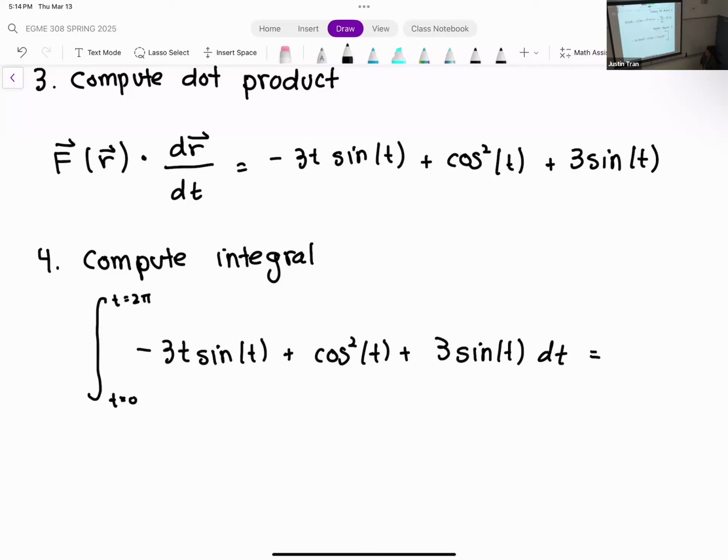It's not the easiest integral to do, so there's a little bit of integration by parts here and maybe some trig identities to kind of help you out. But if you evaluate all those integrals, what you're going to get is 7 pi. So that's the idea of a line integral. Eventually you're going to get a line integral down to just a one-dimensional integral like this, but it's an integral along an arbitrary path. So you have to factor that into your calculations.